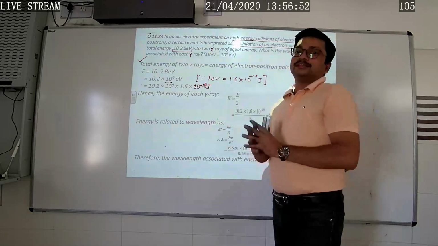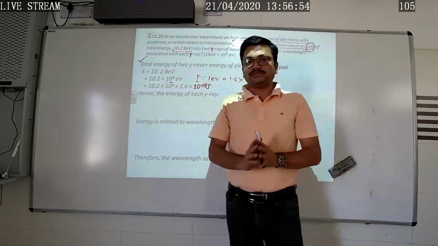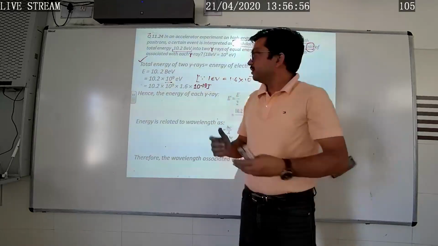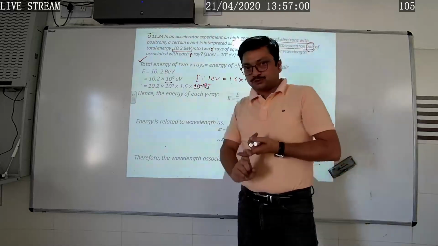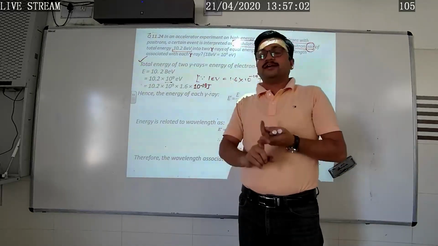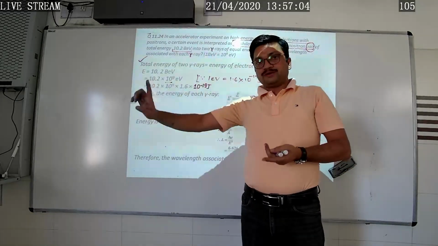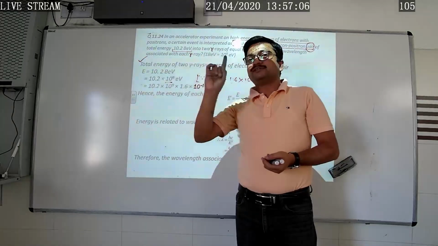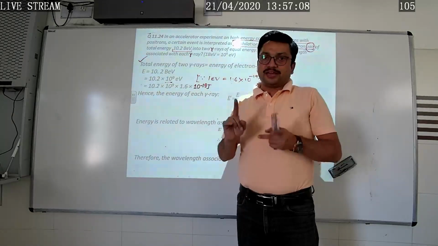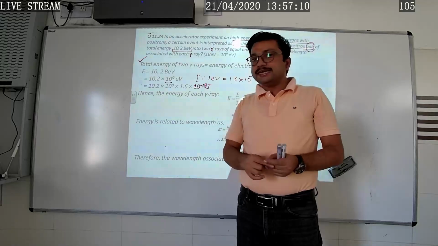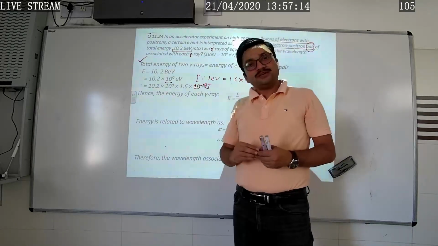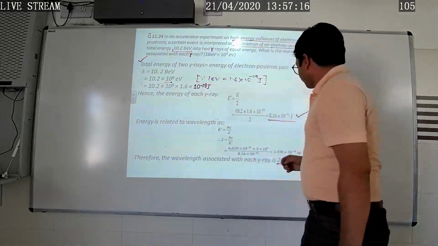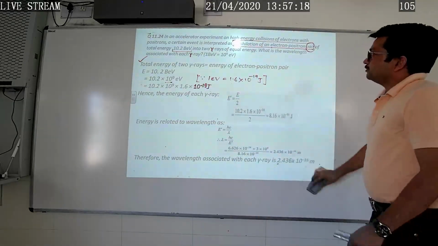Again I am saying, annihilation of matter we have already studied in the 11th class. Annihilation means to destroy. So when one electron and one positron destroy each other, the destruction appears in the form of radiation, that is one gamma ray is emitted. And if the pair is getting annihilated, under that condition two gamma rays will be emitted. Okay, let's move to the next question.